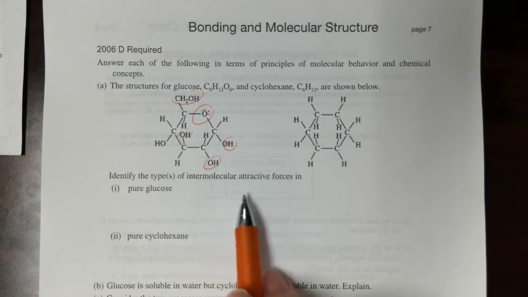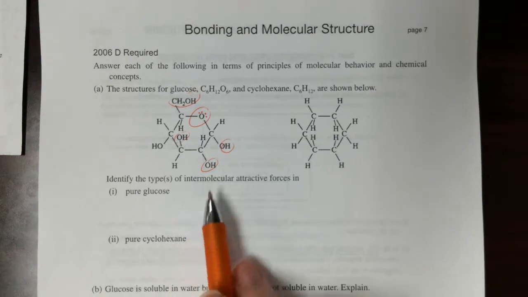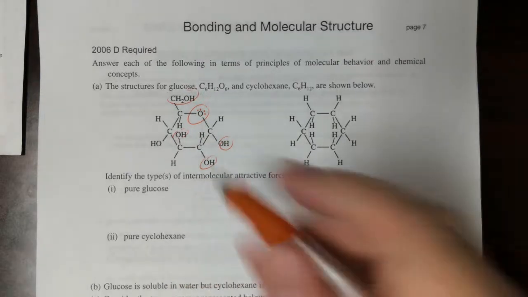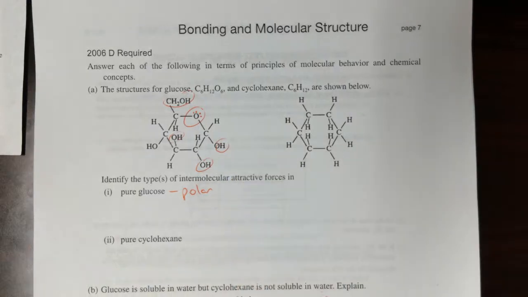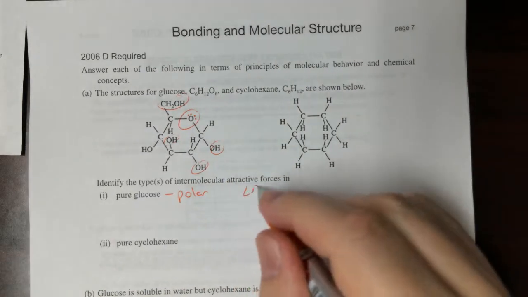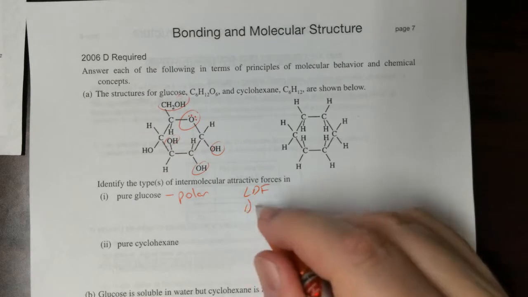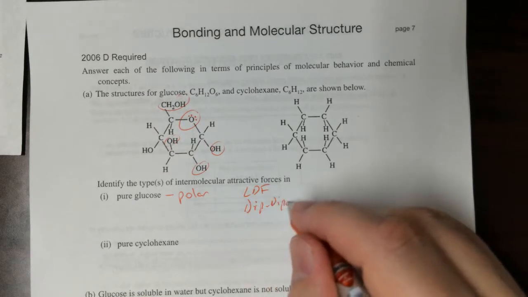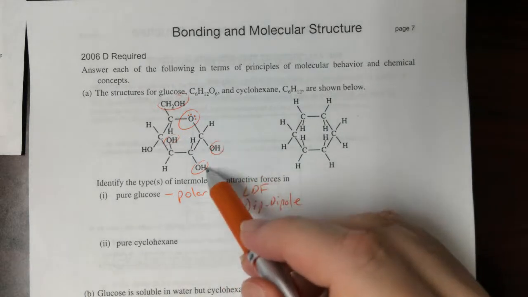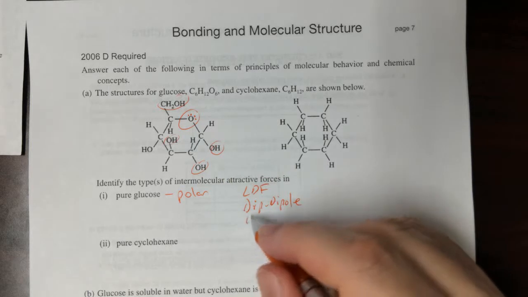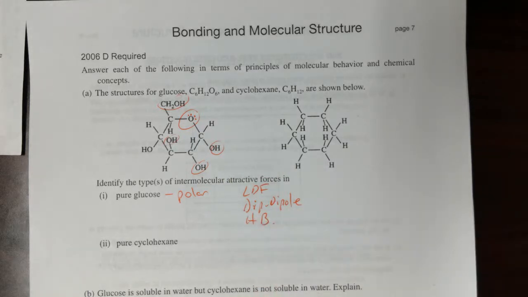So identify the types of intermolecular forces in pure glucose. That is the key. Glucose is polar. You've got all kinds of different crazy stuff here throwing off the symmetry. So you have London dispersion forces, of course. It's polar, so you have dipole-dipole. And here's the one students didn't get, because it's not just spelled out: you do have OH bonds, so you can have hydrogen bonding in glucose as well. It's not going to be strong hydrogen bonding because this is a big clunky molecule that's hard to interlock, but